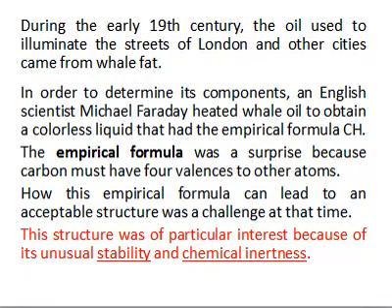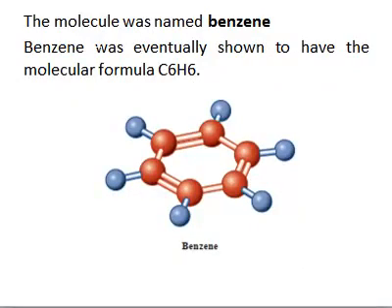Another important aspect of this compound is that it was unusually stable. It was very stable and chemically inert. This compound does not react with different reagents under ordinary conditions, right? So this surprisingly simple empirical formula, this extra stability along with this chemical inertness, made this molecule a compound of very much interest. So this molecule was named benzene, and later studies showed that the molecular formula for benzene